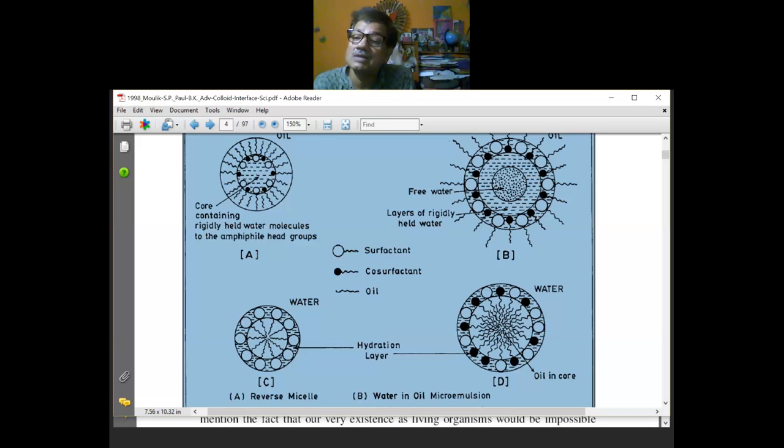Then there would be a second layer of water molecules, which is less rigidly bound. It adheres there, but is less rigidly bound. If you add further water molecules, this water will behave like free water. How can you prove that? The water molecules in the first layer do not melt at 0 degrees. The water molecules in the second layer also do not melt at 0 degrees. Only these free water molecules melt at 0 degrees.